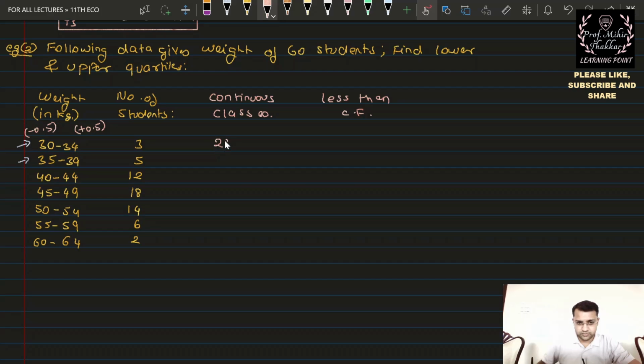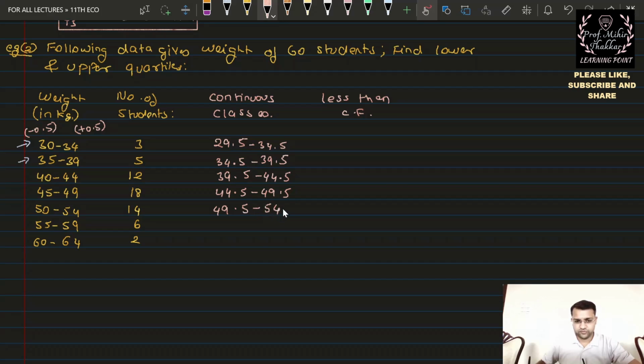So it will become 29.5 to 34.5, 34.5 to 39.5, again 39.5 to 44.5, 44.5 to 49.5,